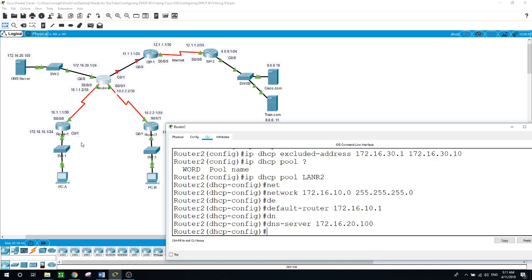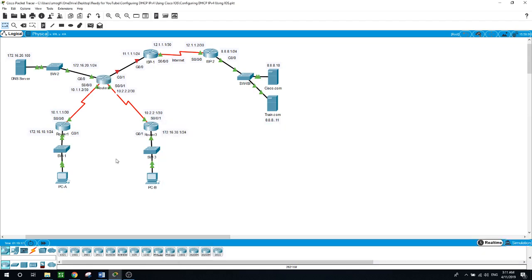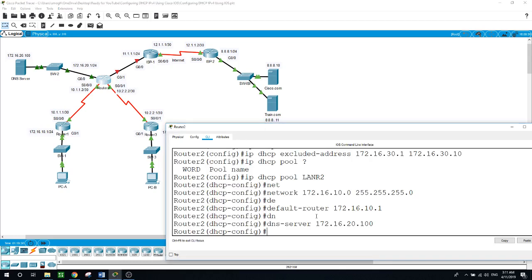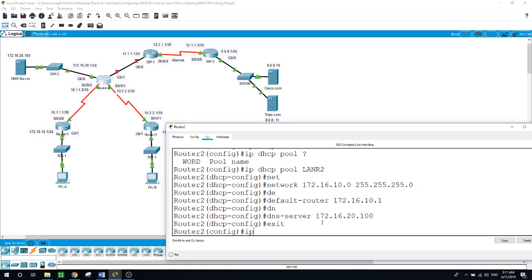Now I will create a DHCP pool on router 2 for router 3's LAN here. Then I will configure the DHCP pool to include the network address, the default gateway, and the IP address of the DNS server. So back to router 2, exit from here, ip dhcp pool, first creating the pool,